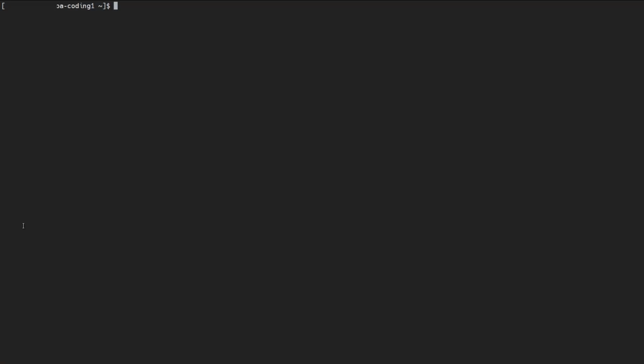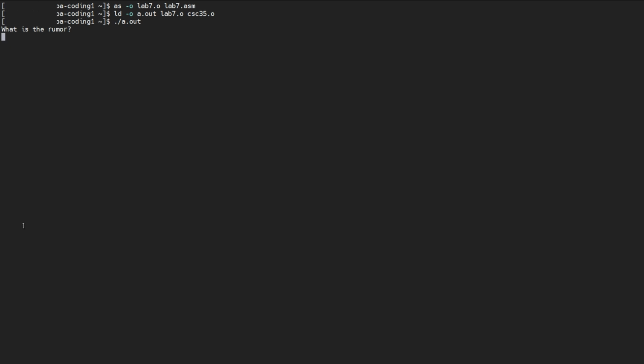I can assemble our code by doing as -o lab7.o and lab7.asm, o before m, press enter. We can link this by doing ld -o a.out lab7.o and csc35.o. Pressing enter, we have no errors with our linking, so we can just execute by doing ./a.out